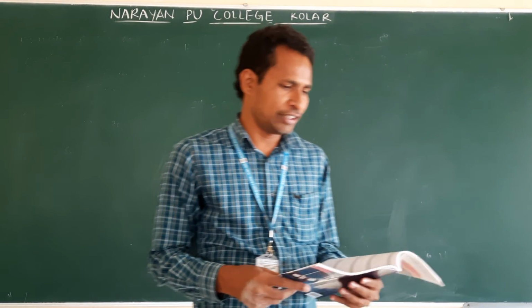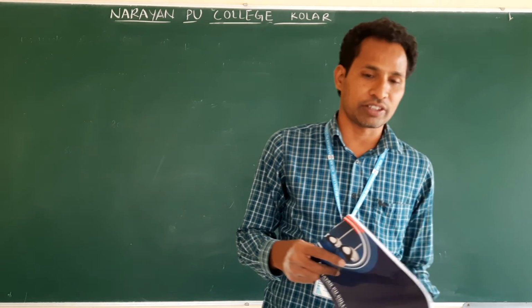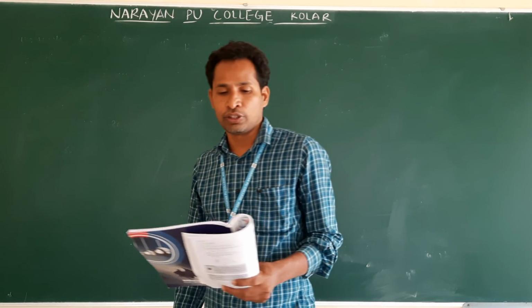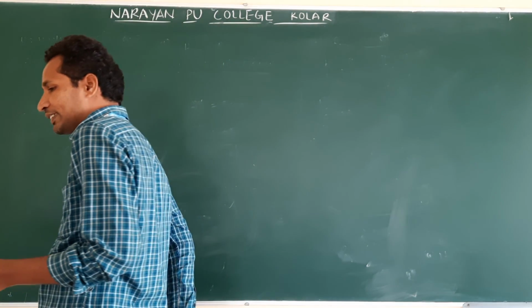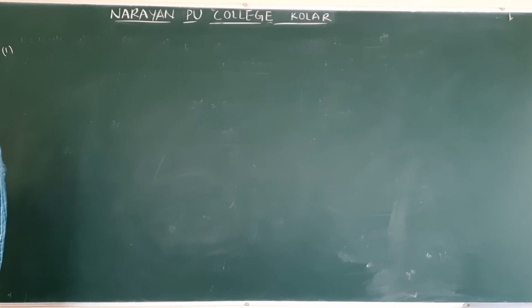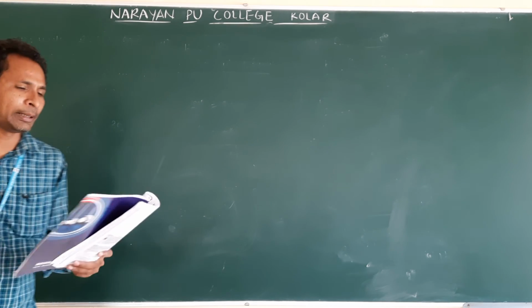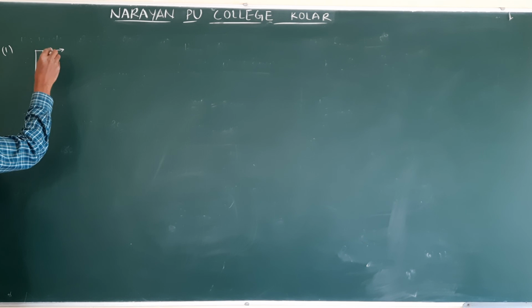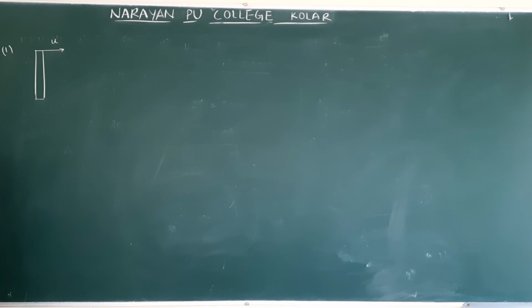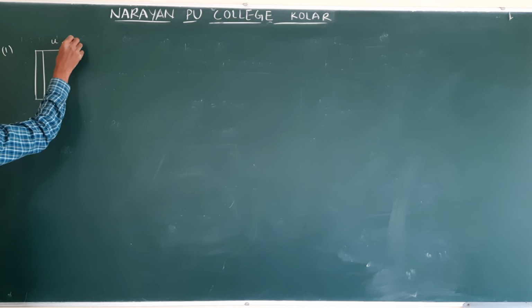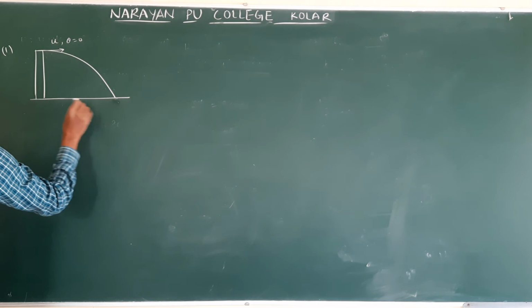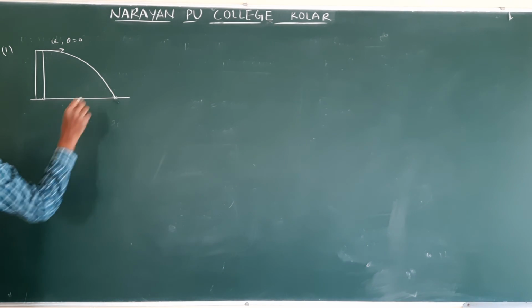Okay, on page number 59, motion of a body projected from the top of the tower. 3 cases are given, and these 3 are very, very important. Now we will try to understand the first one. These also come under motion in a plane. A body is projected from a certain height horizontally like this. This is the first case with velocity u. Horizontally projected means theta is equal to 0. Then this body will fall like this. Am I correct or not? This is the foot of the tower, same level.